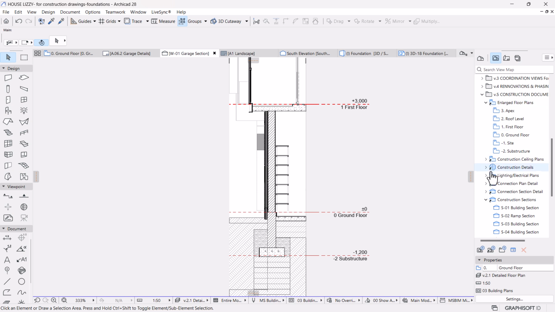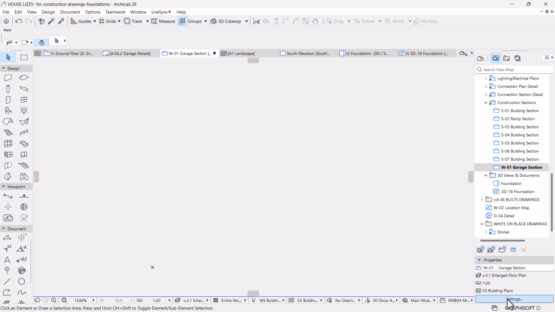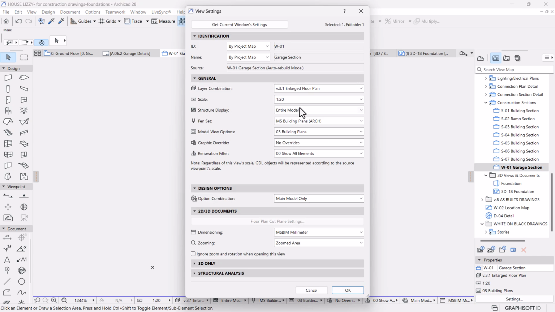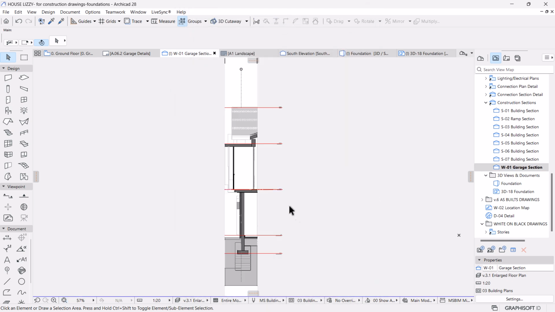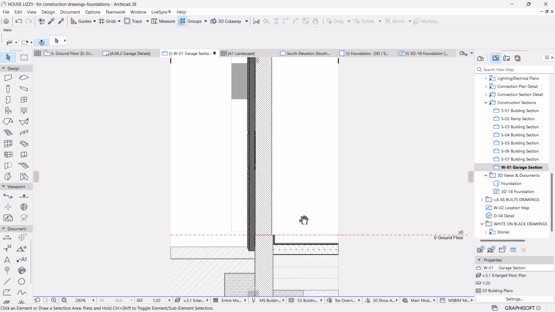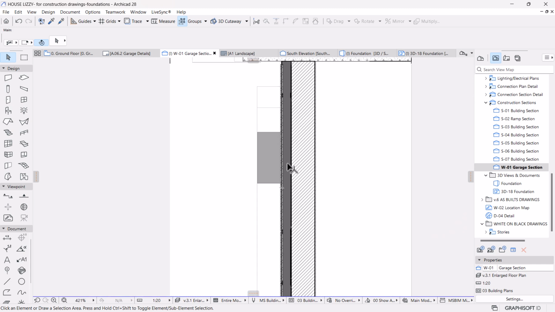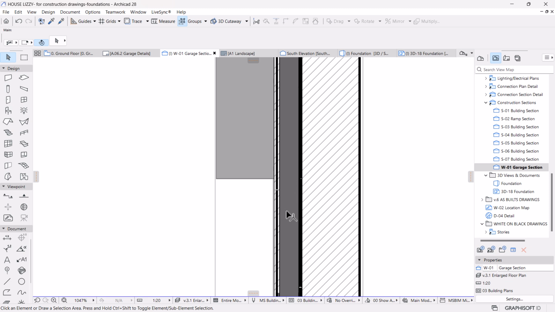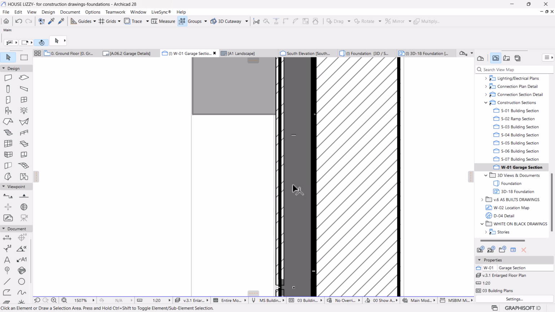Where's the sections? Here it is. I'm going to go to its settings, then set this to 1:20, right? Yes, 1:20, so that I can see this in detail. So this will be the panel construction,